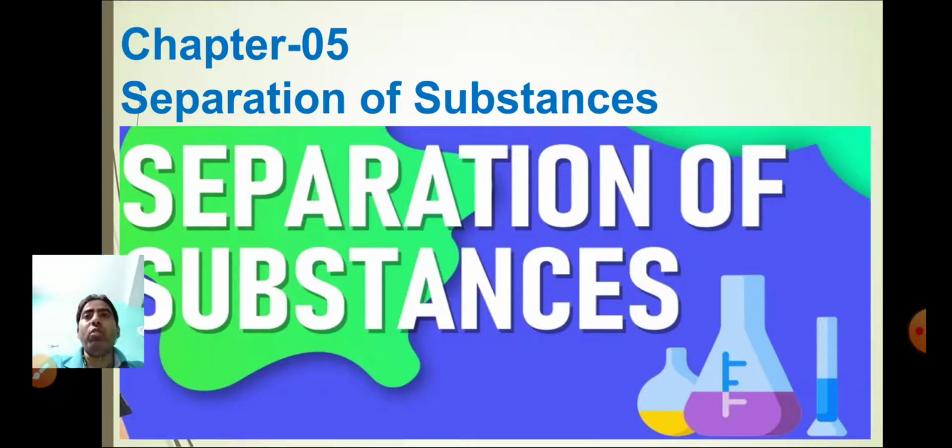What is a homogeneous mixture? It is a mixture in which constituents are uniformly distributed and each part of the mixture has the same properties. For example, salt dissolved in water forms a homogeneous mixture. The particles of salt and the water are uniformly distributed and each part of the mixture has the same properties. Another example of a homogeneous mixture is a sugar and water solution.